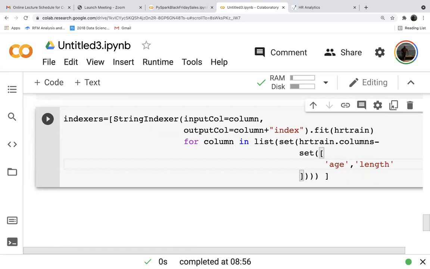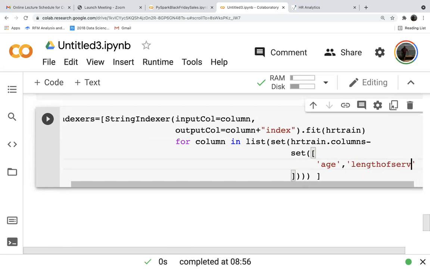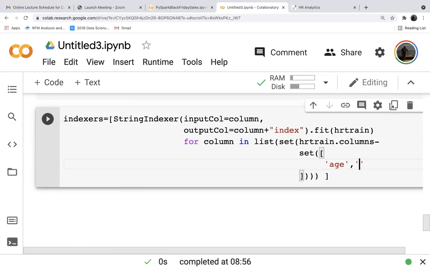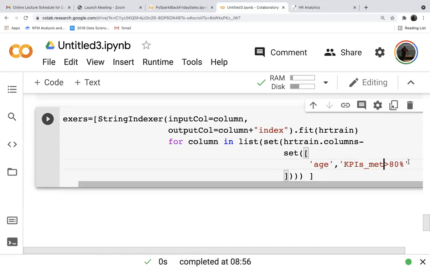No space, length underscore of underscore service. Let us say KPI. KPIs underscore met. Small letters or capital letters? Small letters. So I think there is a space also after that.